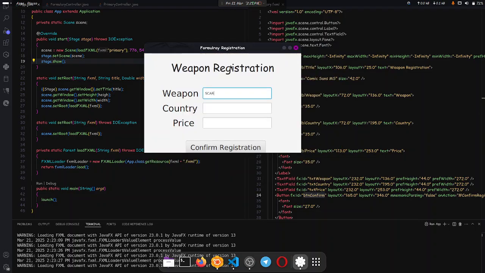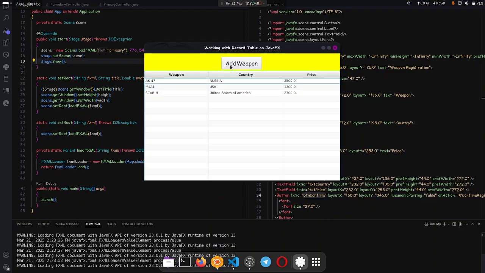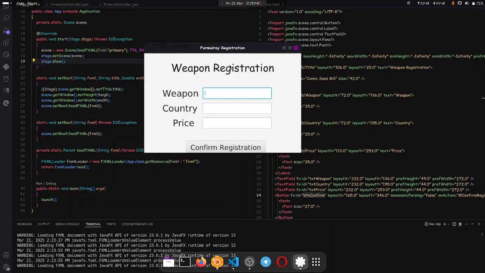And I add the weapon SCAR for heavy use, and the country is United States of America, and its price will be, I don't know, $2,300, and again I add another weapon. I see that the formulary is working successfully, the registration is working as expected, and that's all working well,